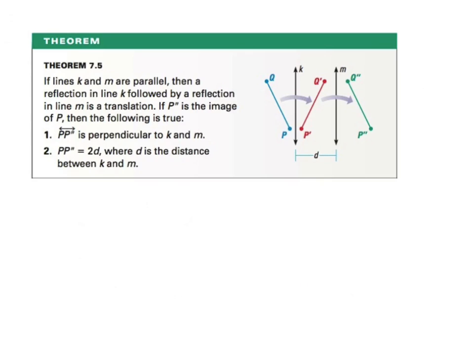If lines K and M are parallel, and you do a reflection in line K, so this reflection from here to here, and then reflect it over line M, it's the same thing as a translation from Q to Q double prime and P to P double prime. It's the same thing as if we just translated it, and the distance would be double the distance between the parallel lines. So I'm going to write that down. In other words,